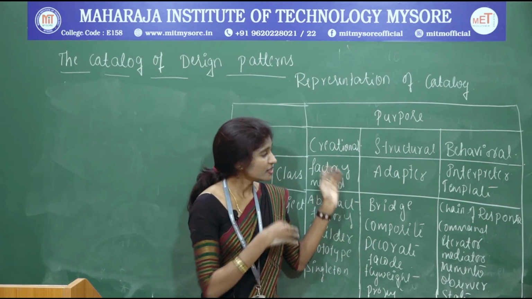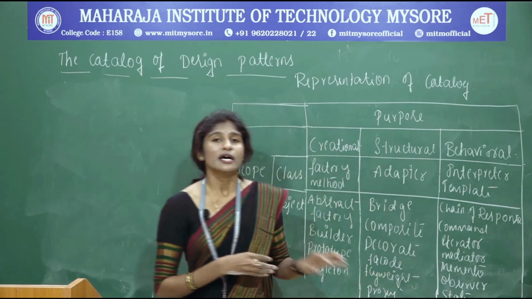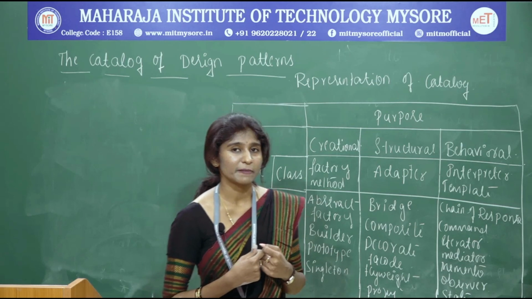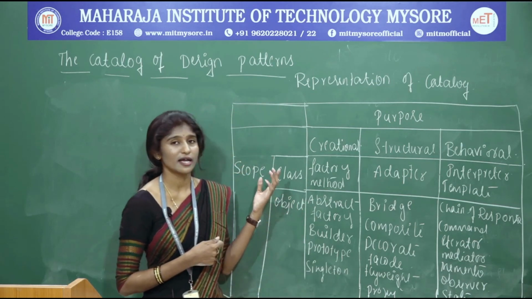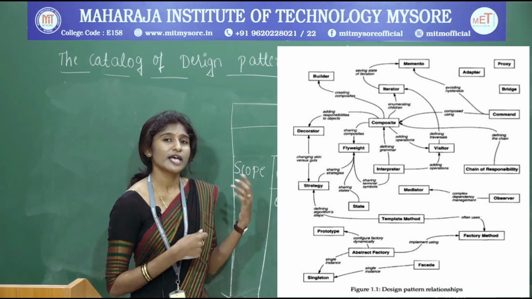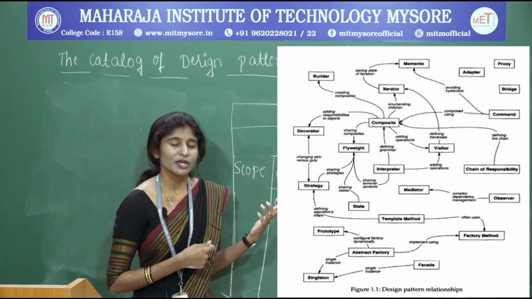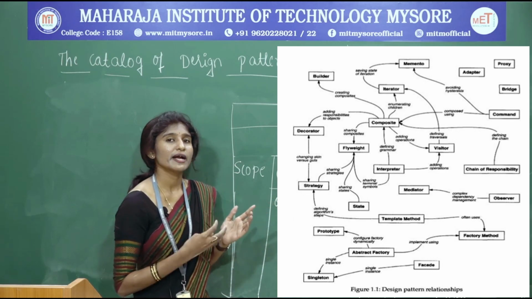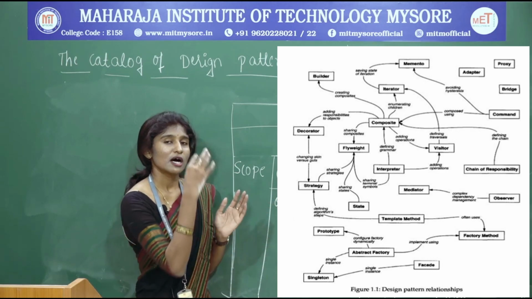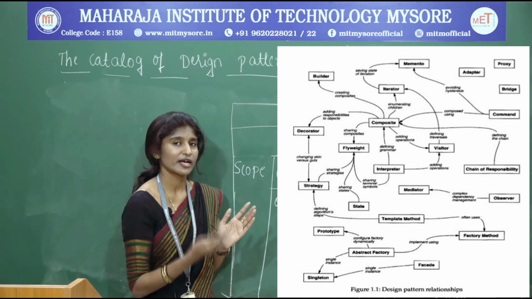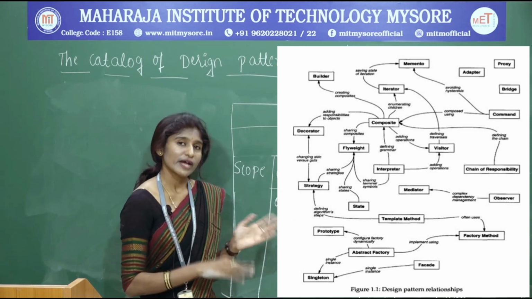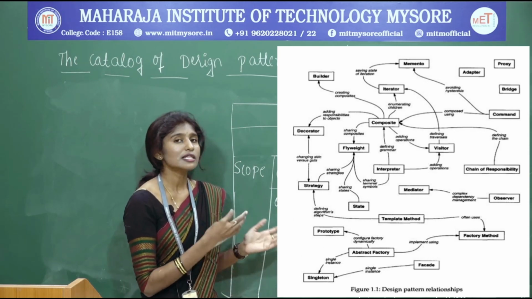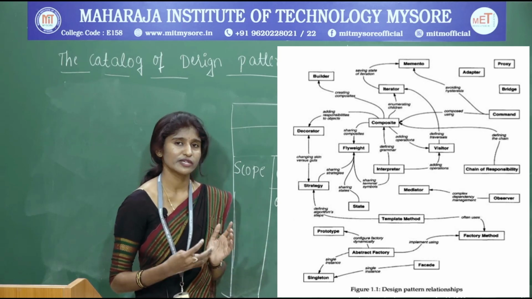Okay. This design pattern can also be represented with their relationships, means you are going to relate the design patterns. You can see in this particular diagram where all the design patterns are related to each other. This is not much important, but you can just observe how the design patterns are related to each other, means how the singleton is related to facade, facade is related to factory method, factory is related to factory method, and so on. How the proxy is related. All the relations between the different kinds of design patterns.